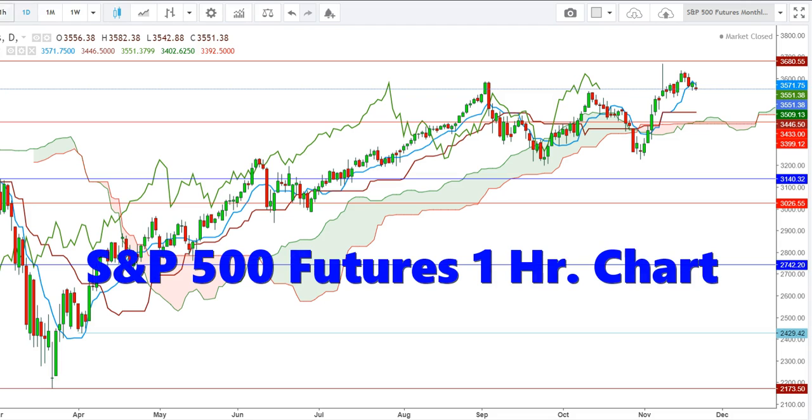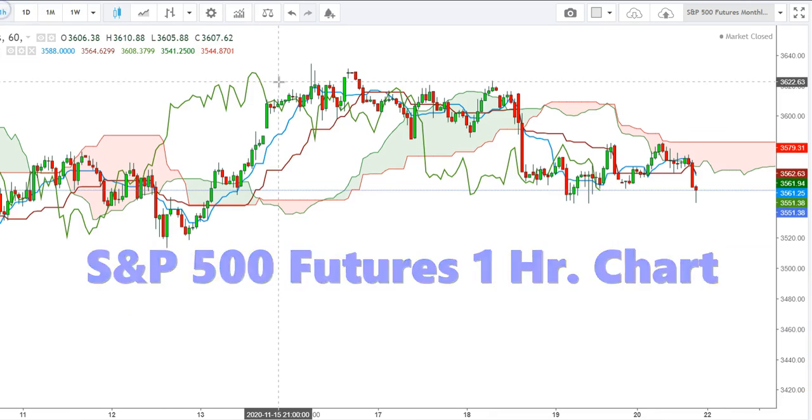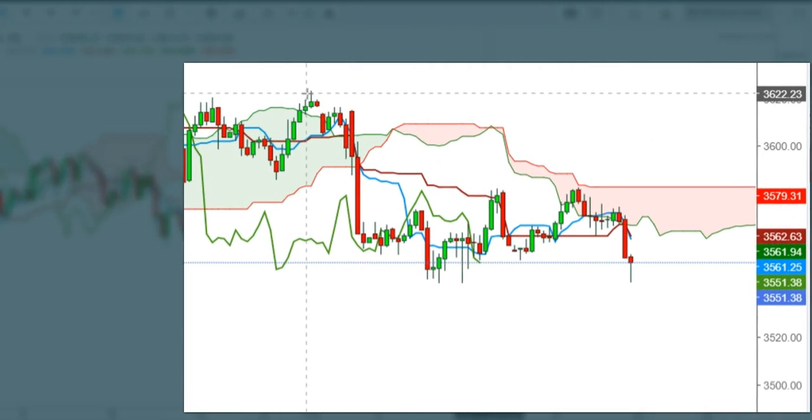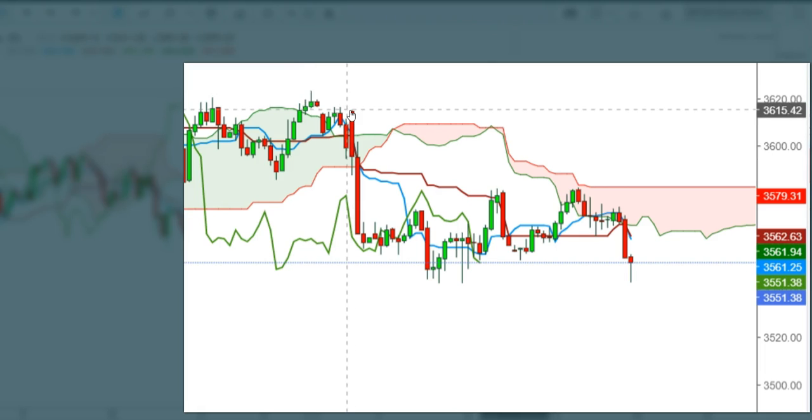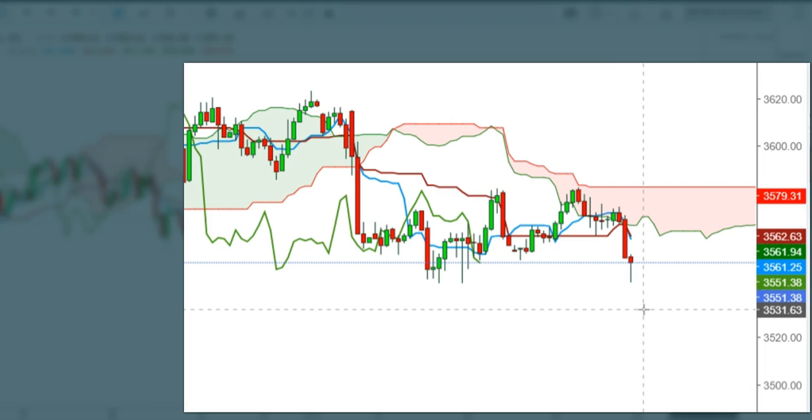Now let us check this move in an hourly time frame, where you can see that S&P 500 futures continue to face stiff resistance at the levels of 3622 and finally started to move downward from the levels of 3615 on November 18 and continued this downward move down to the levels of 3542. Here you can see that on November 19, S&P 500 futures continued to find a strong support at the levels of 3542, which seems to be an immediate support for S&P 500 futures, but a gap down opening below this